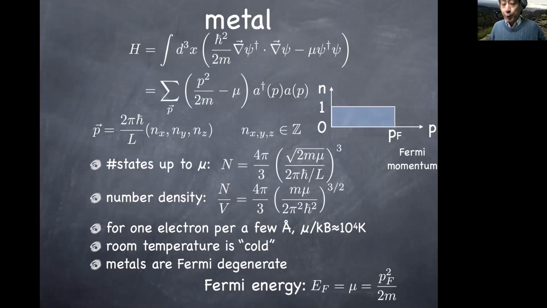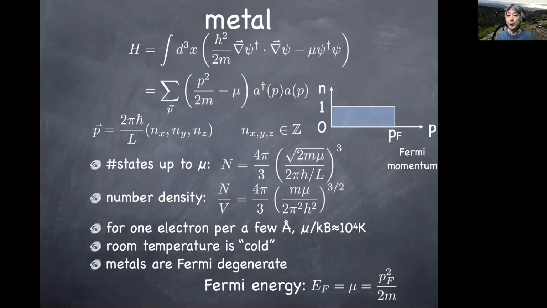And that is something you can do because you're using this language of quantum field theory, talking about unoccupied and occupied states in this huge Fock space. If you want to deal with a piece of metal by writing down the wave function with 6 times 10 to the 23 arguments in it, that's a hopeless problem. But using this idea of QFT, you have a very simple description of it. You just say 1 all the way up to the Fermi energy and 0 all the way above the Fermi energy, and that's it. That's your state. You don't need to write a wave function with 6 times 10 to the 23 arguments in it. Just by showing this